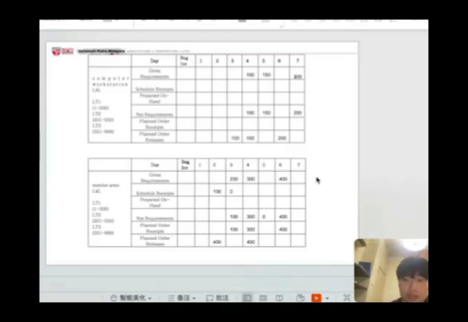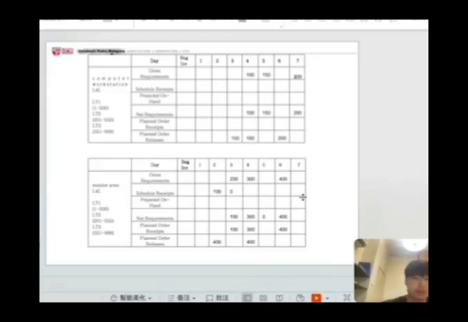And the scheduled receipts are fully used, because day 2 has 100 units of scheduled receipts, right? So day 3's net requirements equal 200 gross requirements minus 100 scheduled receipts, so equal 100. And on day 4 and day 6, there are no scheduled receipts or projected on hand, so the day 4 net requirements is equal to 300, and day 6 net requirements